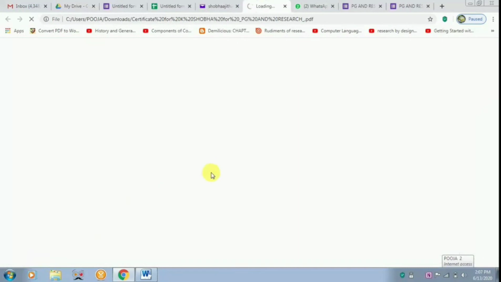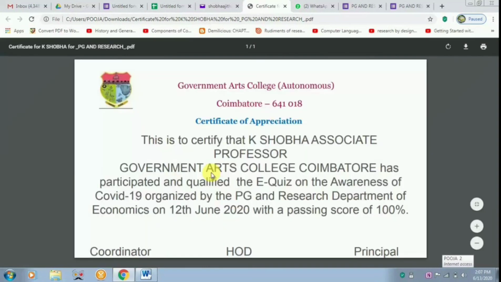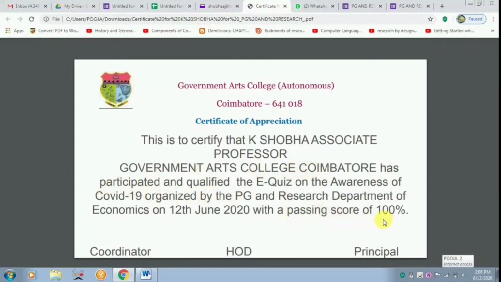So the certificate is appearing. So you can see this is certified that K. Shobha, Associate Government has been participated and qualified with a passing score of 100%. This is how the participant will receive the certificate.